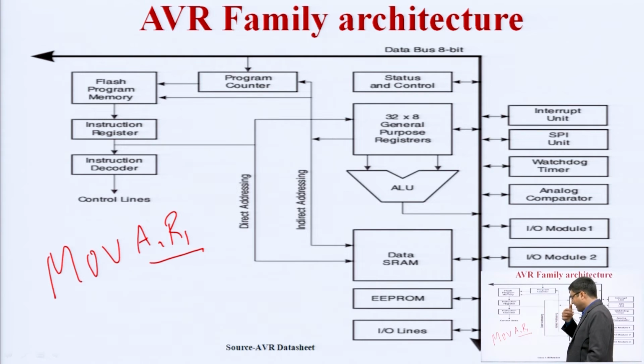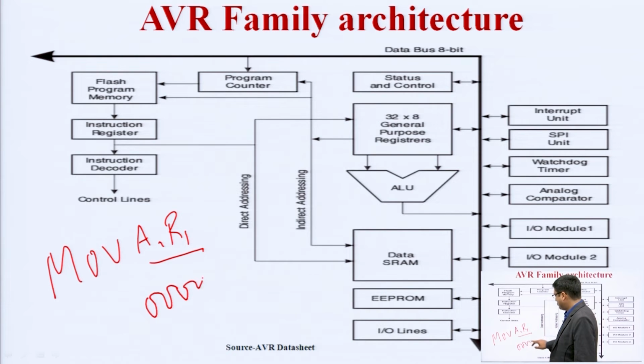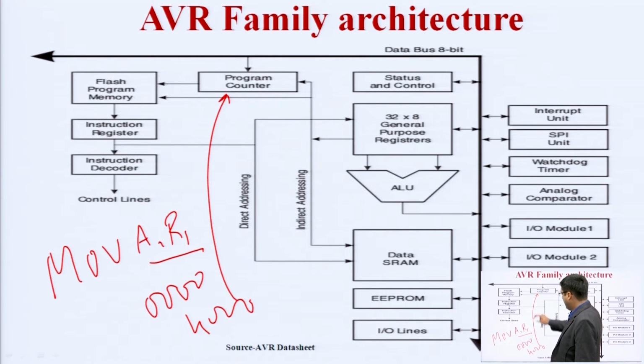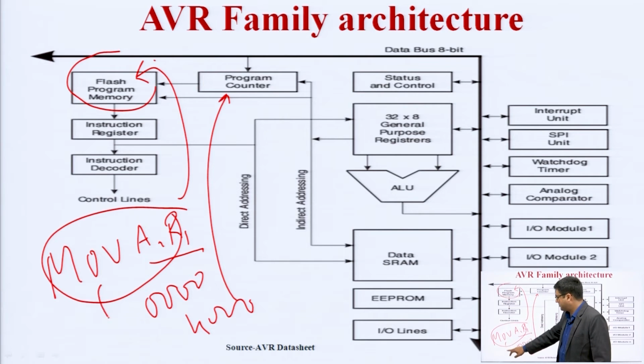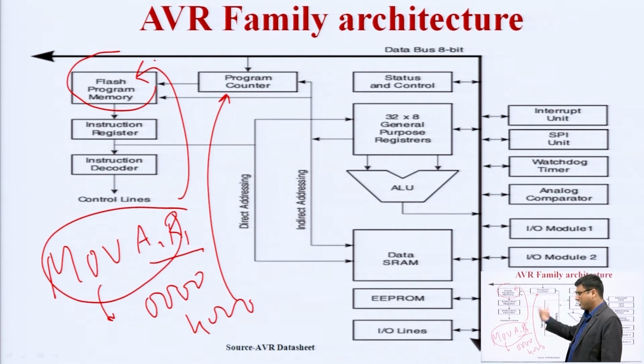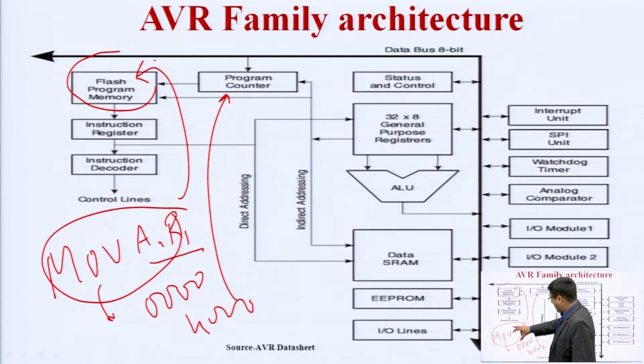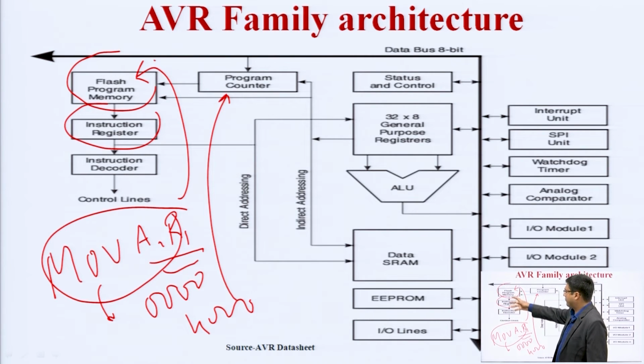Okay. So whenever we are executing this, its memory location, like 0000, let us take 4000 here. This memory location implies to the program counter, and whatever we are doing is saved into the flash program memory. Okay. So whatever execution takes place through this instruction, we have taken some sample. There are a lot of instructions available. Whatever we are executing is stored into the instruction register. These instructions come from the flash program memory to the instruction register, and after that it goes into